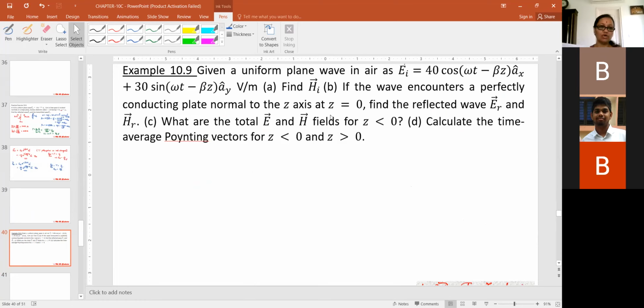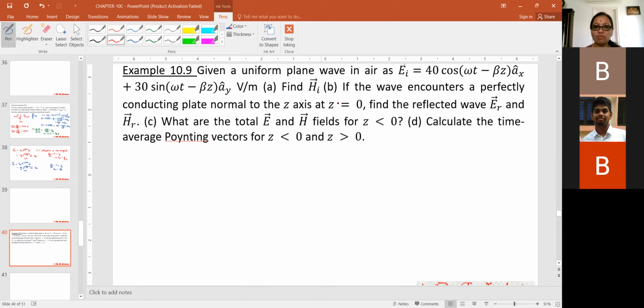Now, actually, I want to do 4 problems for normal incidence. But what I'm going to do is record the rest of it and give it to you, because we now have to go for incidence that is not normal also. So at some oblique angle, that also we have to do. So what we will do is just quickly write down.